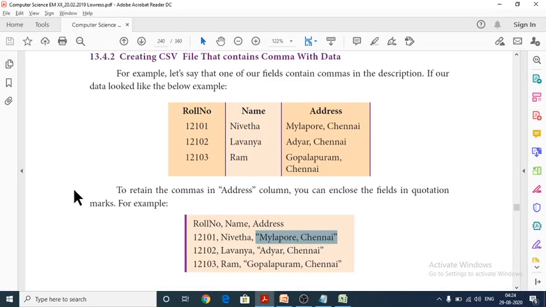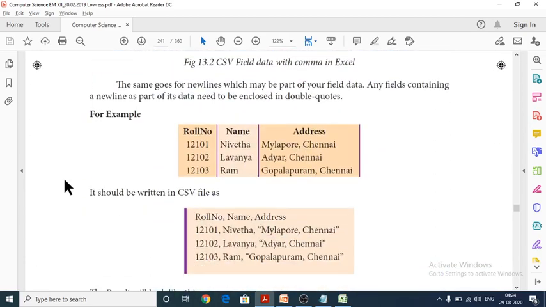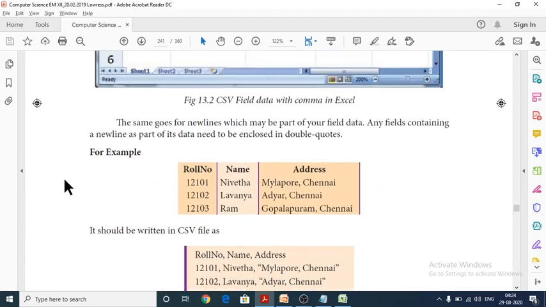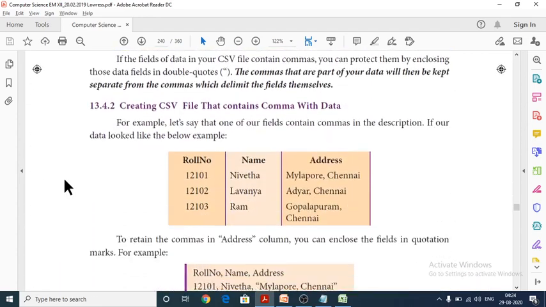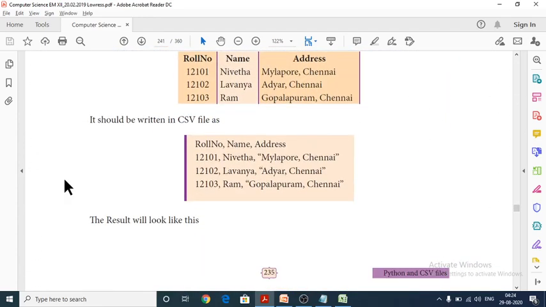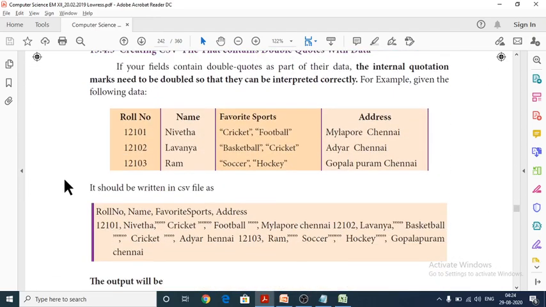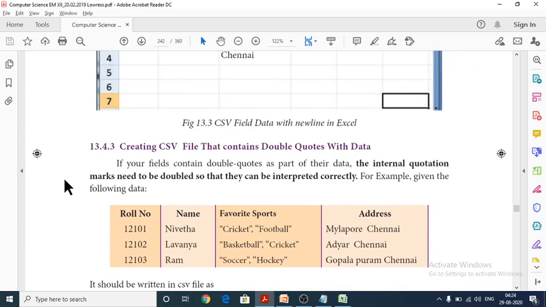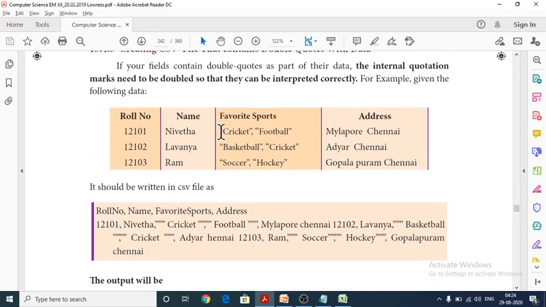Okay, so next one, we are going to see how to create double quoted data like this. See here, favorite sports are given enclosed within double quotes.